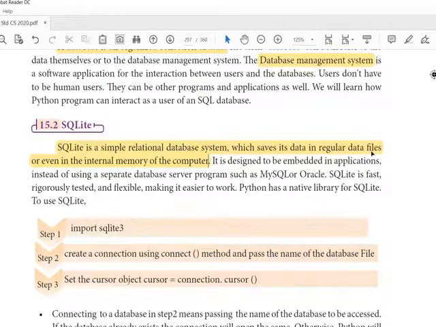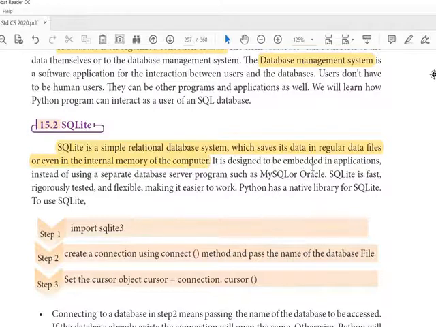Underline it, regular data files or even in the internal memory of the computer. Previously, we created a database and interacted with it. That means the table is in a tabular format, rows and columns, and it is stored in a database package, whether a physical storage place or a software programming.